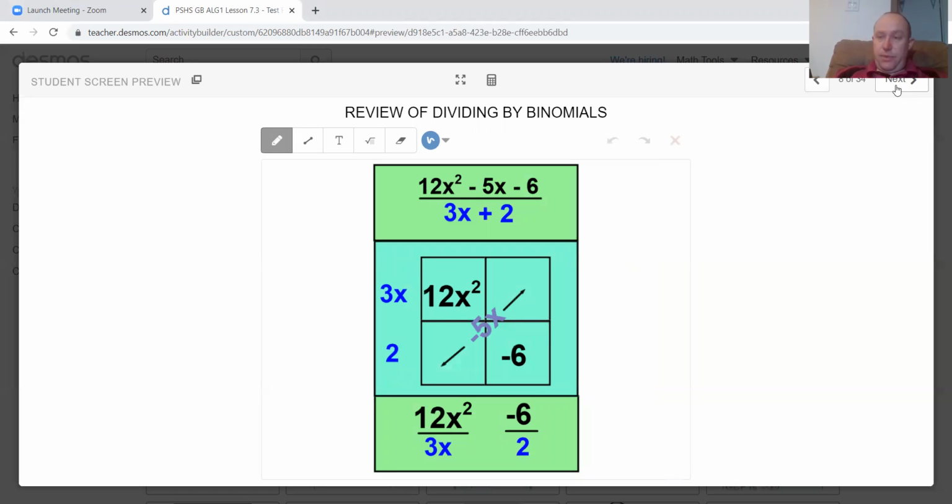Now, the last thing we looked at in lesson 7.2, we actually spent a lot of time looking at algebra tiles first to see what was actually going on with these questions. And what we noticed is when we're dividing this trinomial by a binomial, we linked it back to the grid questions. It was only the squares that were important for these questions, the big x squareds and the little ones. The x's, which are the rectangles when we do algebra tiles, didn't actually play any part in this question at